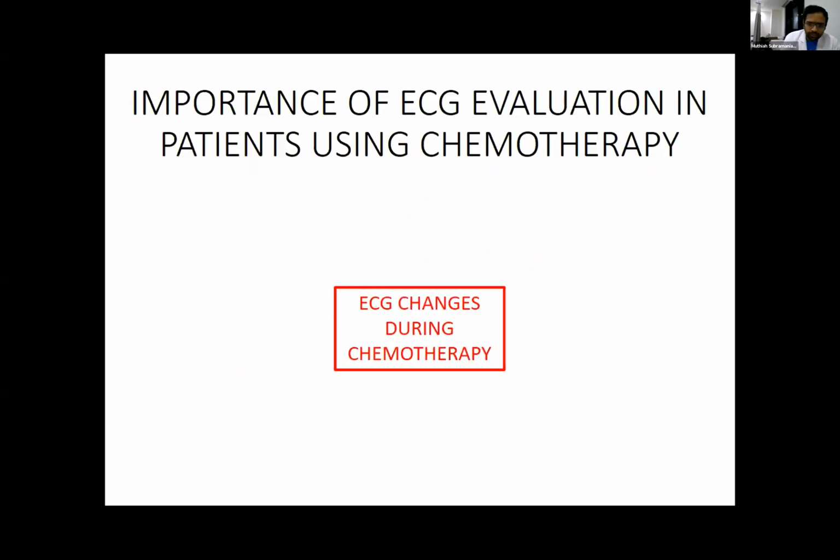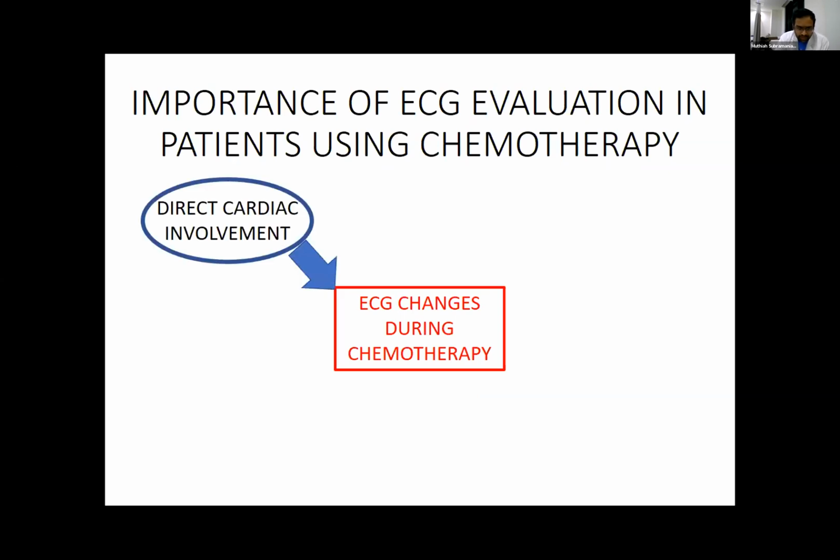So the topic today is the ECG before and after chemotherapy, and I think with the onset of newer drugs being used widely in many hospitals, we've started to see a large group of patients who have now presented to us with ECG changes before, during and after chemotherapy. Basically, these ECG changes during chemotherapy, we can look at in two ways. First is a primary cause. It is the drug itself disrupting a specific molecular pathway critical to the development of a specific bradycardia or tachycardia.